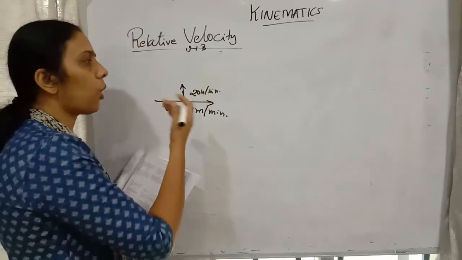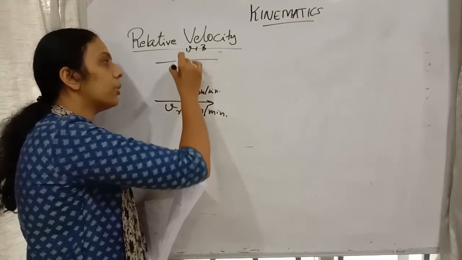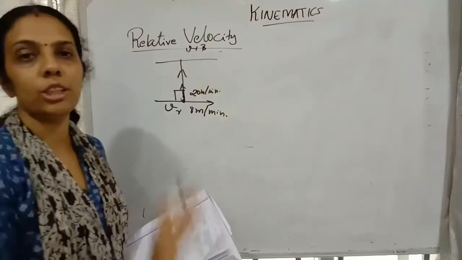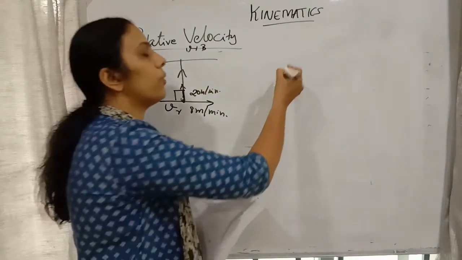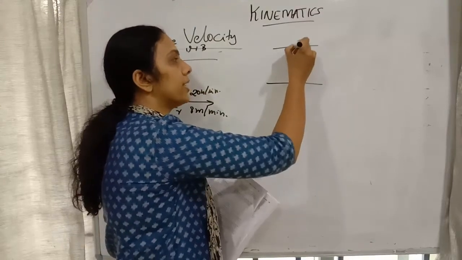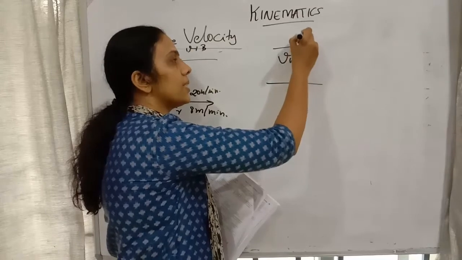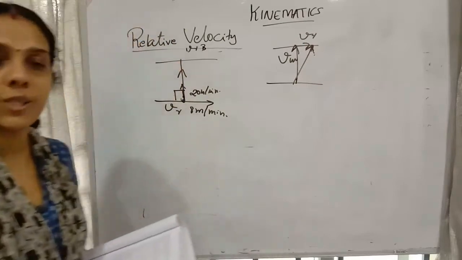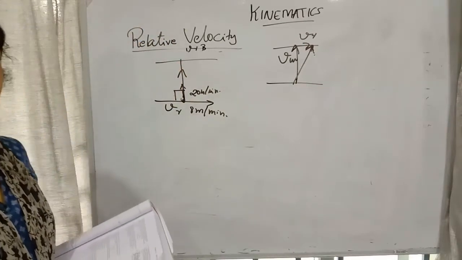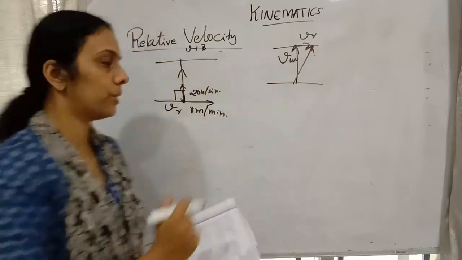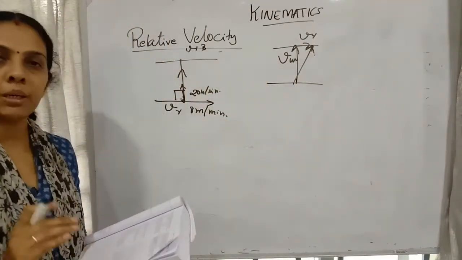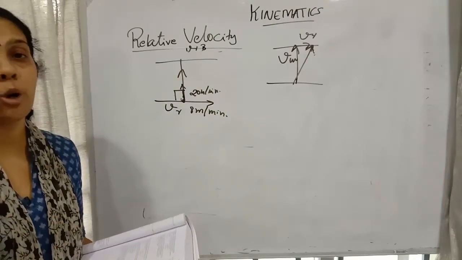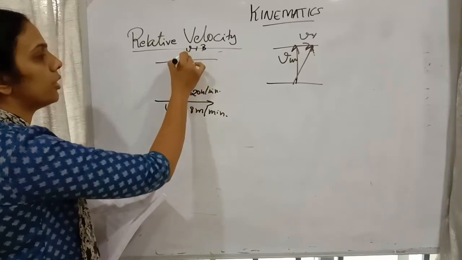If he needs to cross the river in the shortest time, it means he needs to go in this direction, that is perpendicular. So towards north he should swim. Because we already told how, in shortest time means the person should move like this. This is the velocity of the man and this will be the velocity of the river. Then he will be reaching this point when he is crossing in the shortest time. Shortest distance means he should take an angle in this direction. So shortest time means he will be moving perpendicular to that. Therefore, the answer is due north. He will be moving towards north.